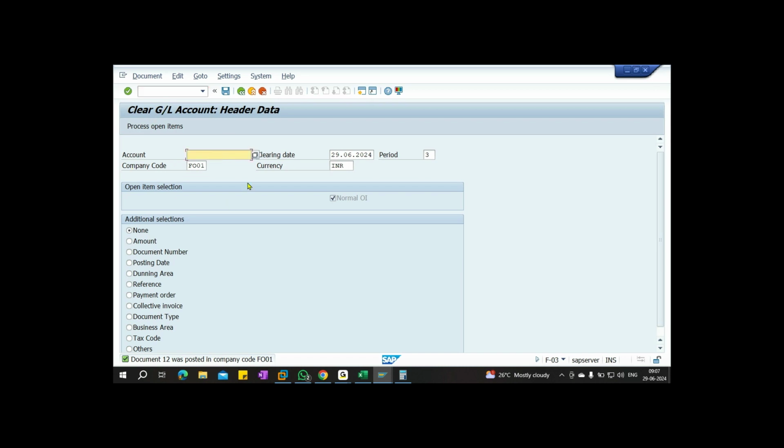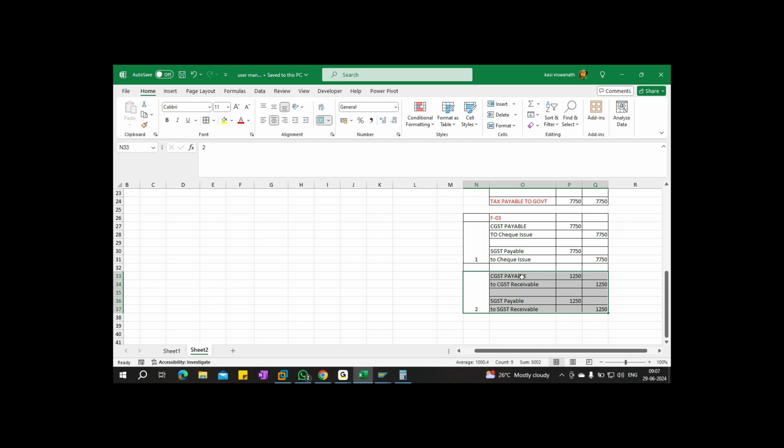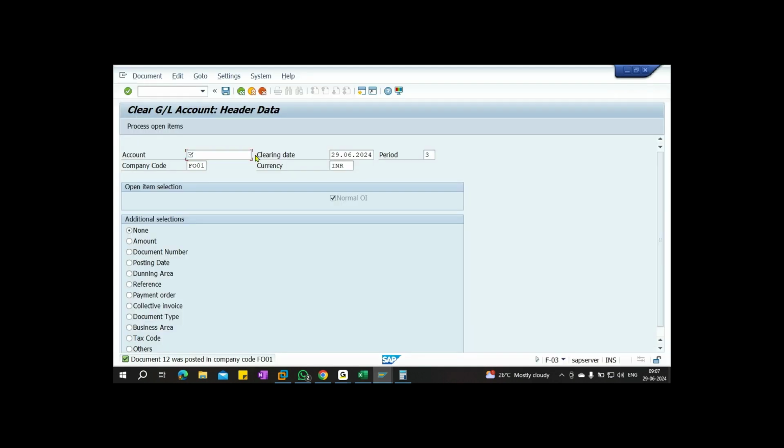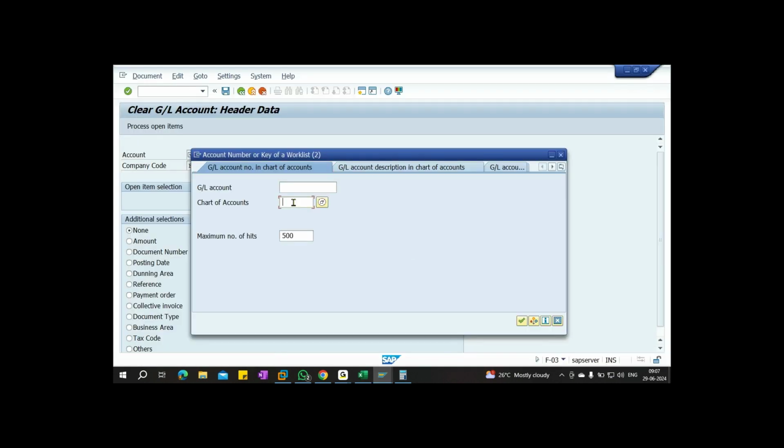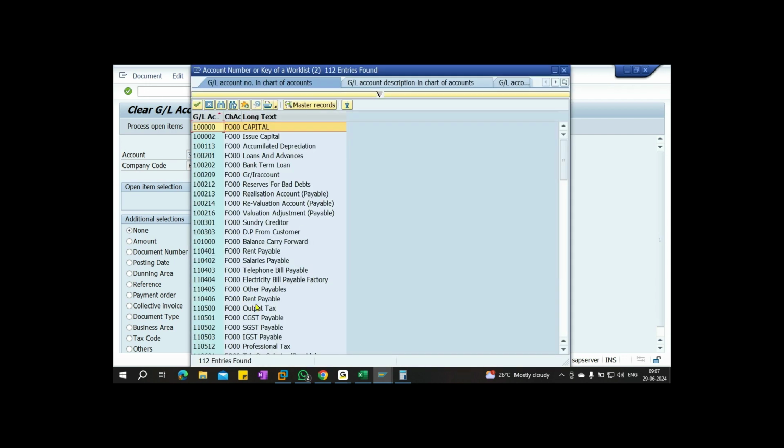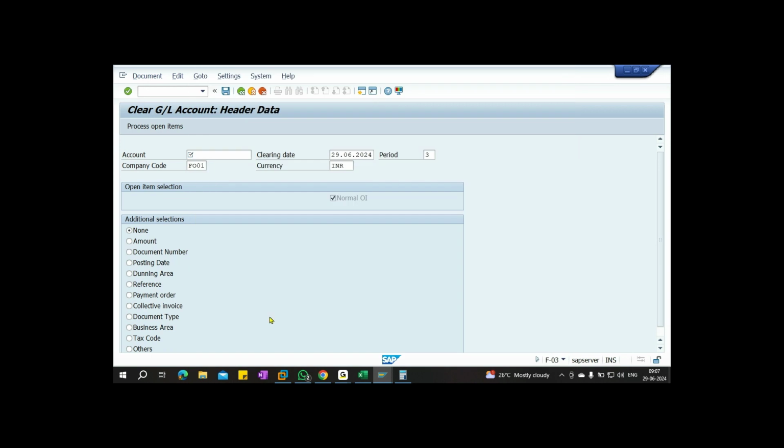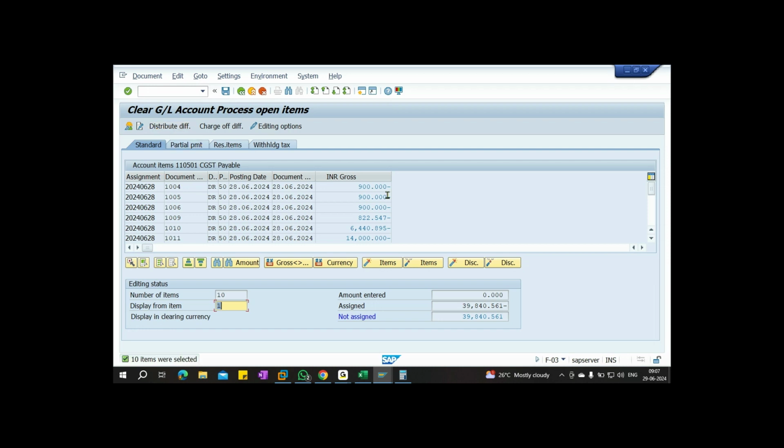Which GL account we choose? First, CGST payable. CGST payable. Process open item. So double click on other line items.